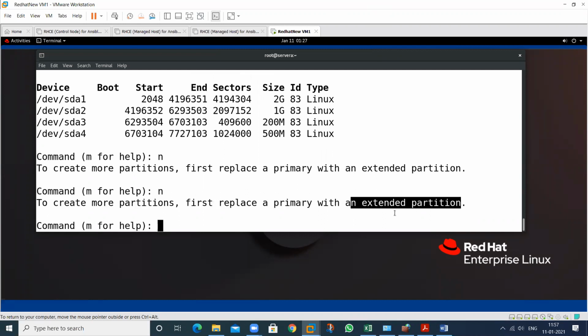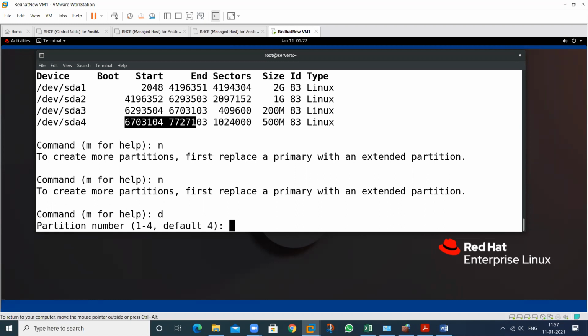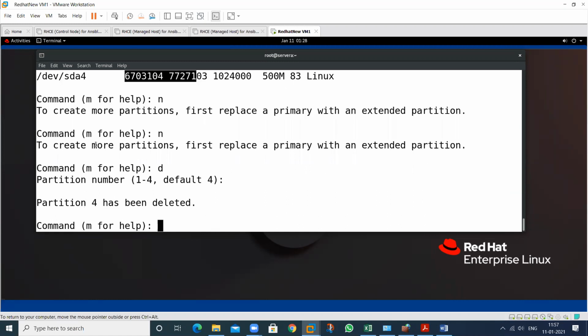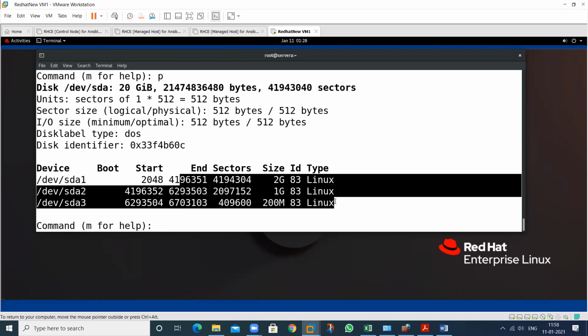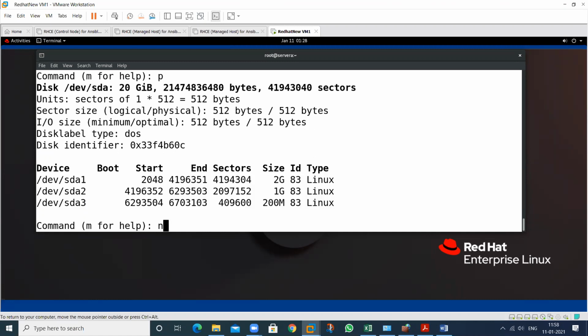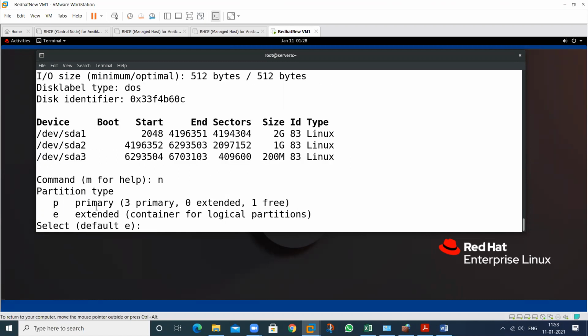So it will show the message for you. So first delete one partition. See, this partition will be deleted, the last one. Then see again. At this time we have 3 primary partitions. So what will I do? Just create n. See the result. By default, what is the default? So it will show you.